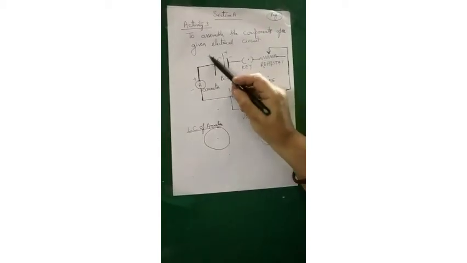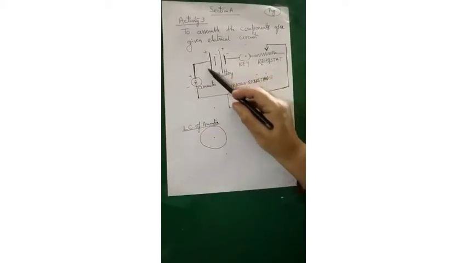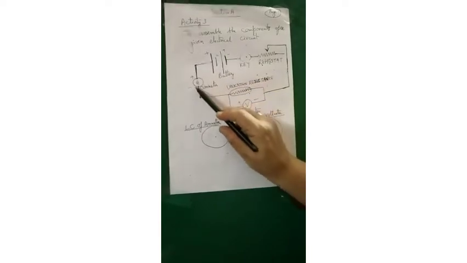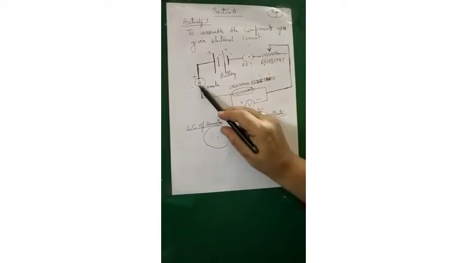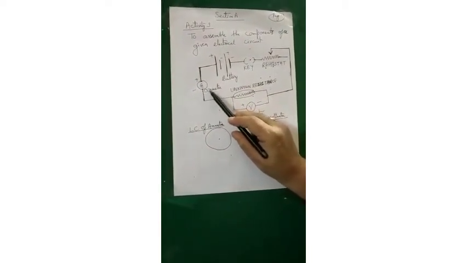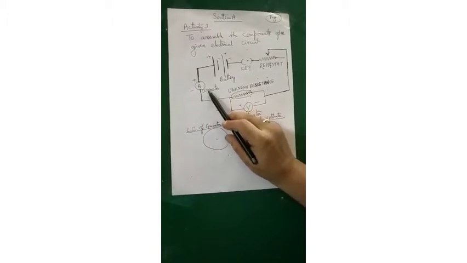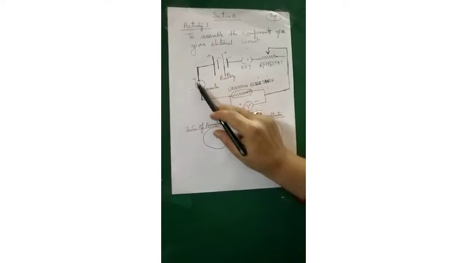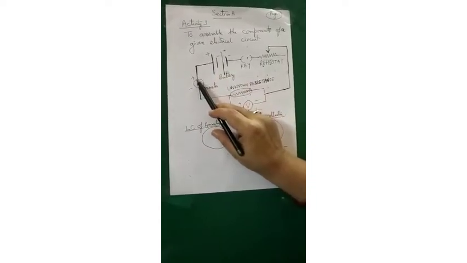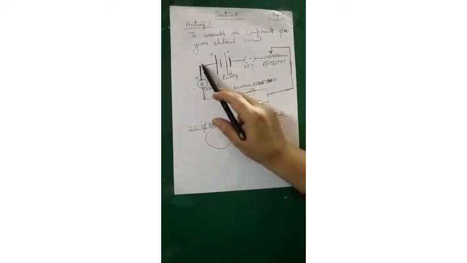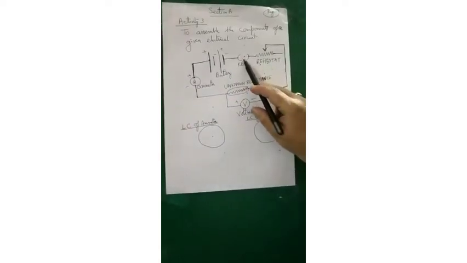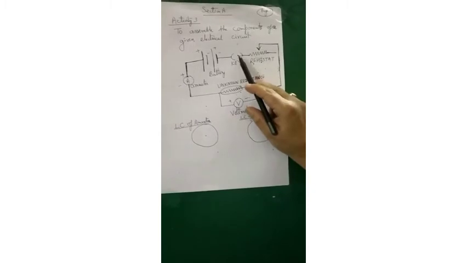Now here is our battery eliminator, which I have introduced to you in day 1. Now from here I have connected an ammeter in series. You can see ammeter is an instrument which measures current. Now the positive of the battery is always connected to the positive of the ammeter. Okay. Now from here you can see the negative of the battery goes to a key, and from the one-way